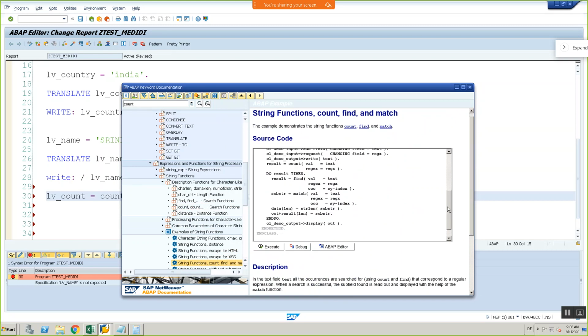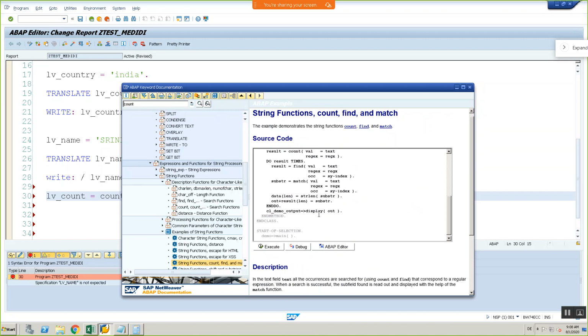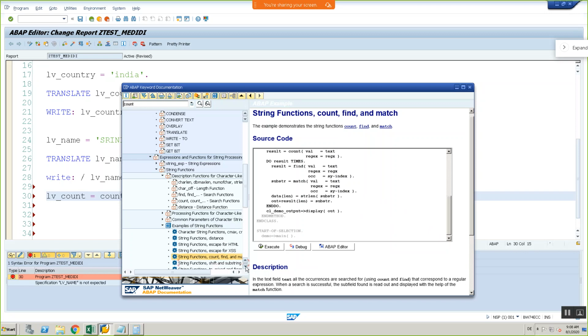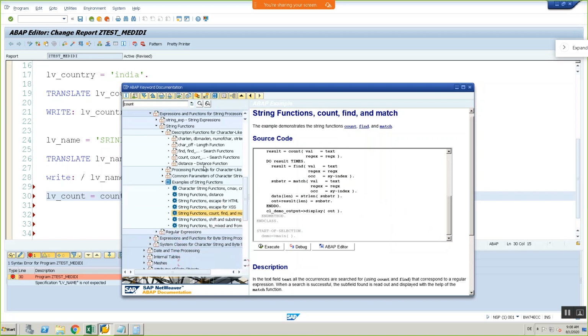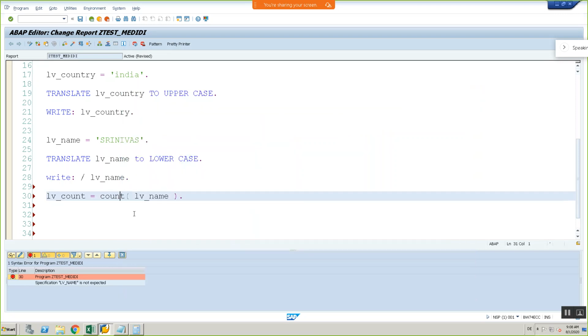Why is it not working here? Actually, it should work. But no count. Why is it giving like this? Count. String length. Oh, sorry. Not count. String length. See.